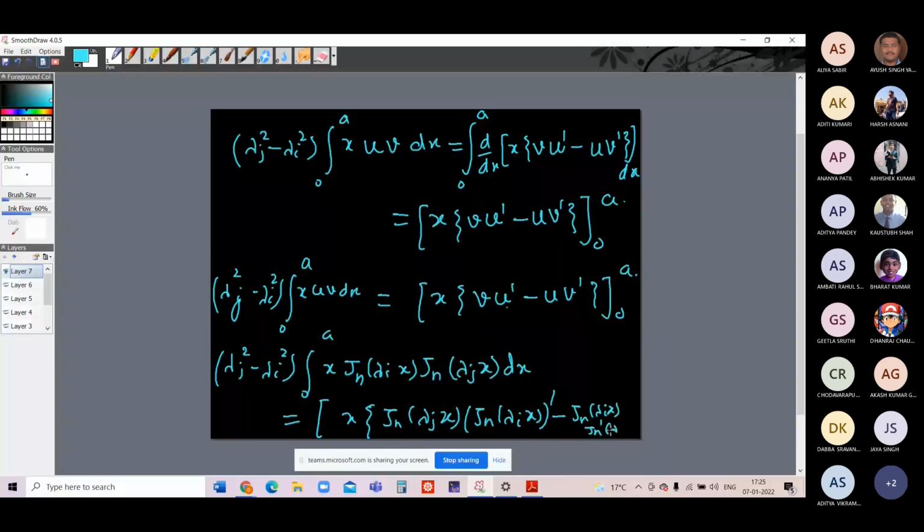Now substituting this limit on the right hand side, in place of x we write a, then v was J_n(lambda j a) J_n dash(lambda I a)